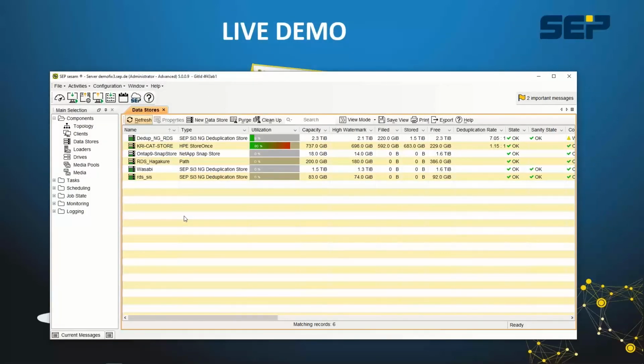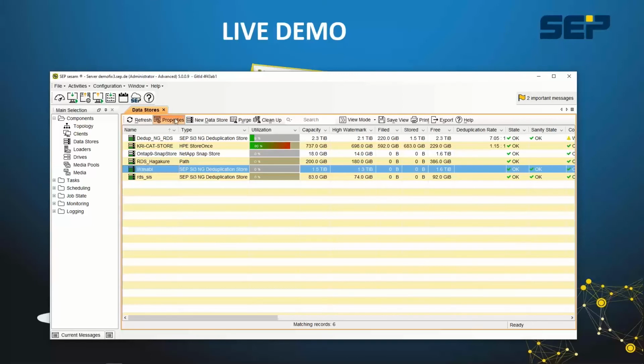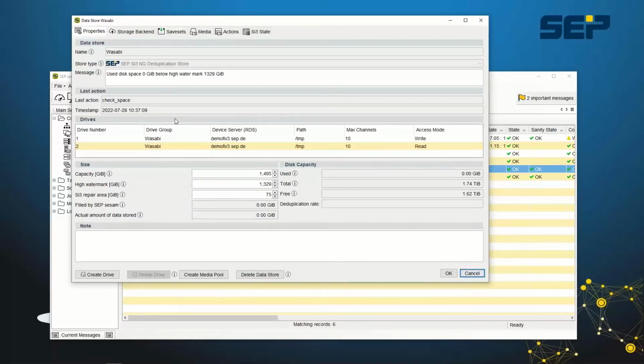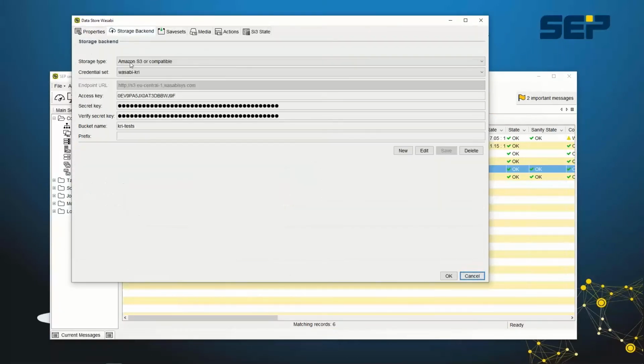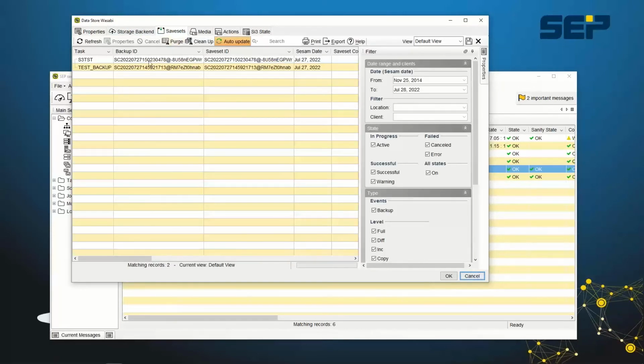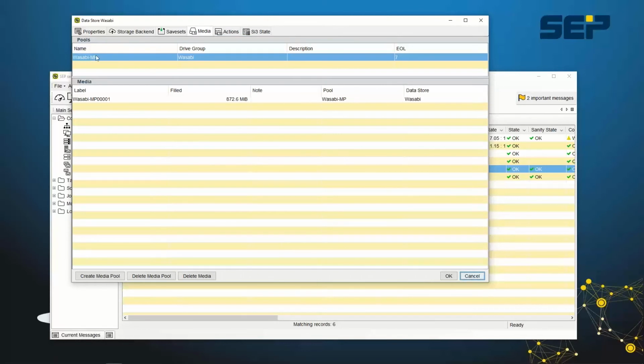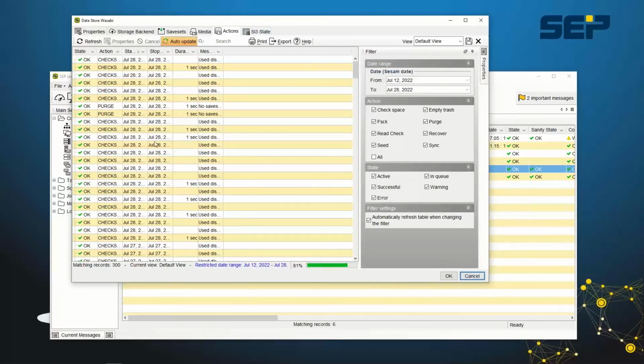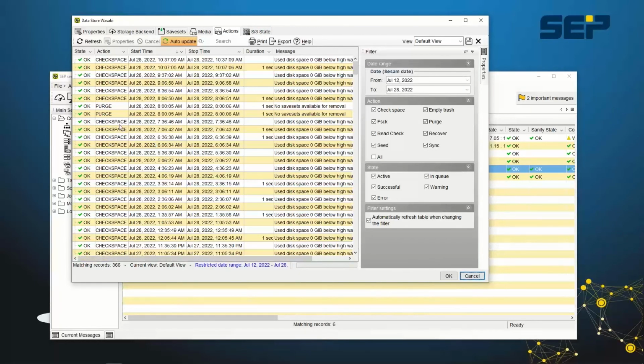In our demo environment, we have already configured here a Wasabi storage. Look at the properties, and then you can see that the storage backend is an S3 bucket to Wasabi, and you can see there are some save sets already backed up to Wasabi. We have a media pool, the Wasabi media pool, with a retention time of 7 days over here. And you can see the actions, the purge, check space, file system checks, and so on,